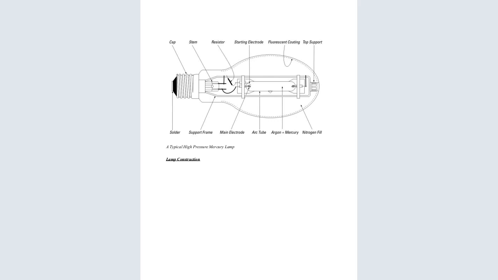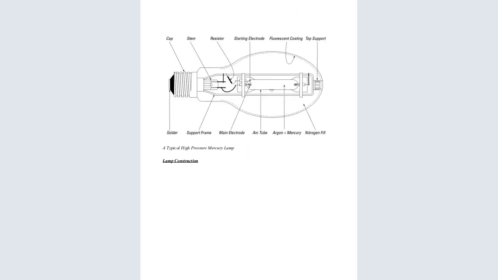So that is the construction of the high pressure mercury lamp, as most of the time you'll be told to draw the construction of the mercury vapor lamp and its working. So up to that point, we are